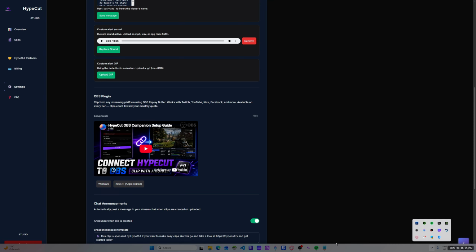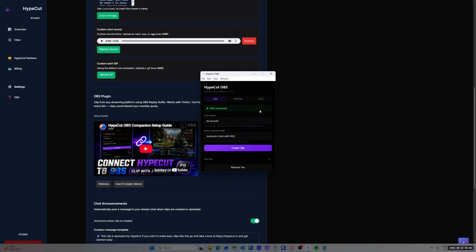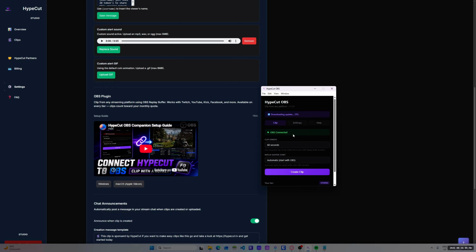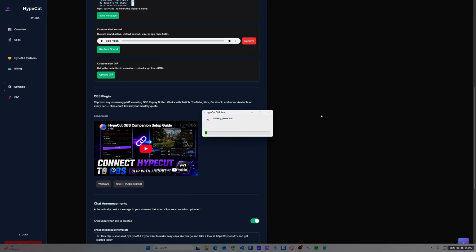Now, again, we also have this, the HypeCut OBS plugin. This is something you download, and there should be an update. You can see it's live updating. Every time there is an update pushed, you click that nice button right there and it's going to install the update. And I know what the update is. It was necessary, so we're updating. So we're just waiting for that. Now, in the meantime,